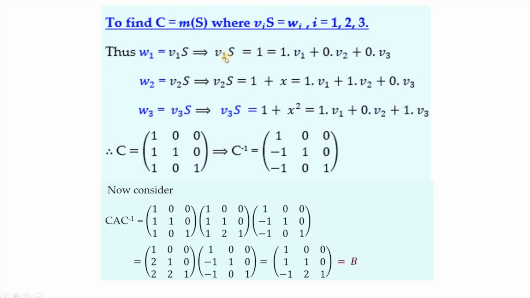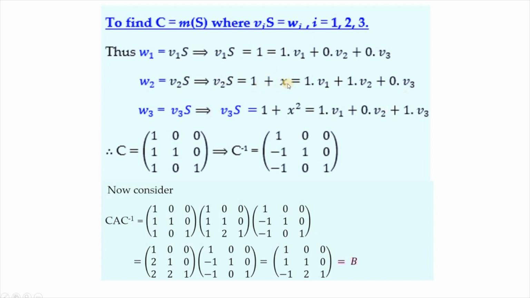So the image of V1 under S, why should it be written in this way? Because to get the matrix of S, whatever basis elements we have here, we have to have the same basis elements here. Only then the matrix of S can be written. So from the theorem, it should be W1, W2, W3, rewritten in terms of V1, V2, V3. We don't want it again in terms of W1, W2, W3, as that is known to us already. We want them in terms of V1, V2, V3 only.